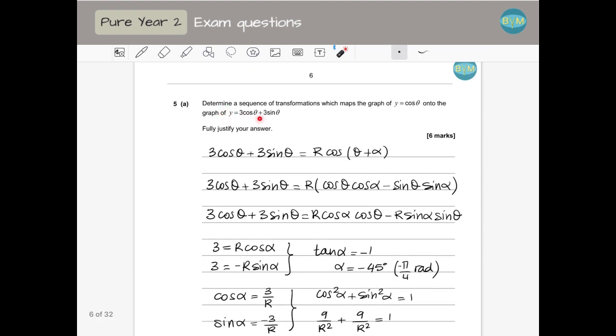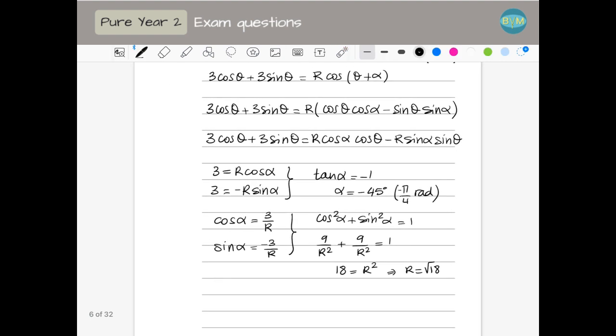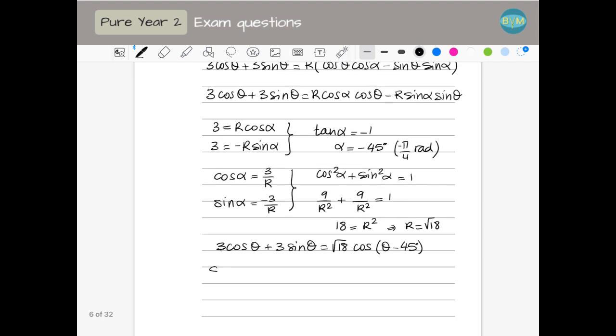That means this expression can be written as 3 cos theta plus 3 sine theta equals root 18, so r, times cos(theta minus 45), or minus pi quarters. If we look at this expression, because these two are equivalent, I have done a stretch in the y direction with a scale factor root 18, and I've moved this to the right 45 degrees. So my transformation is a stretch